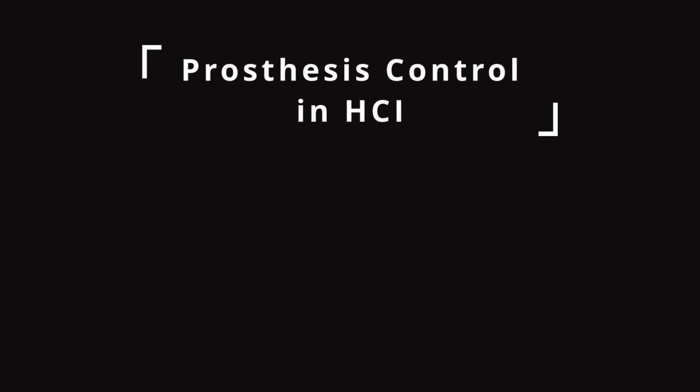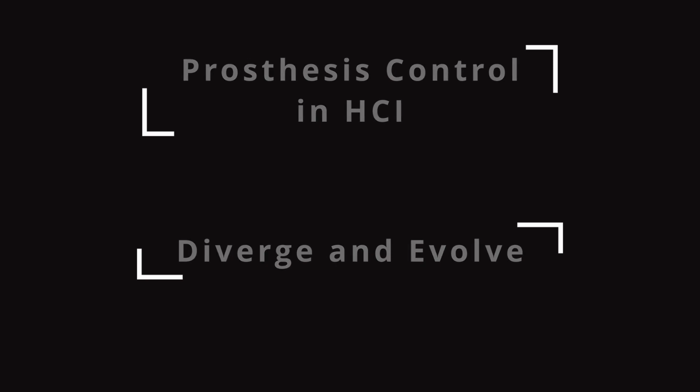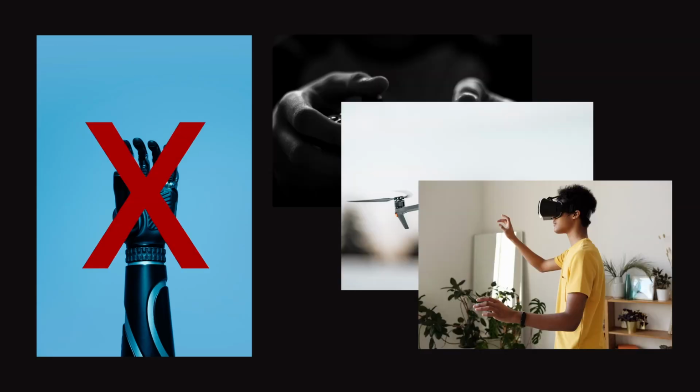In this paper, we emphasize what parts of prosthetics research and technology can be applied directly to general-purpose EMG input, but more importantly, where EMG research needs to diverge and evolve for its future success as a general-purpose input modality, because fundamentally, using a prosthesis is very different than playing a video game, controlling a drone, or interacting in mixed